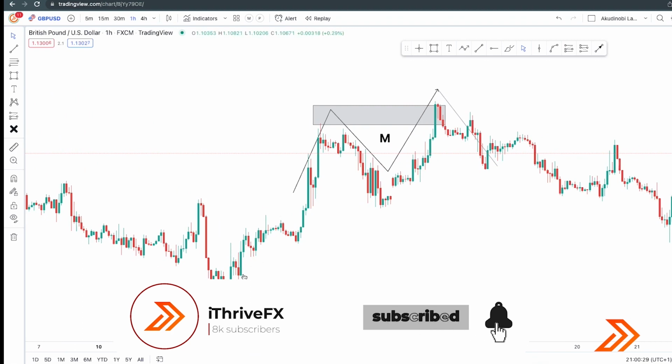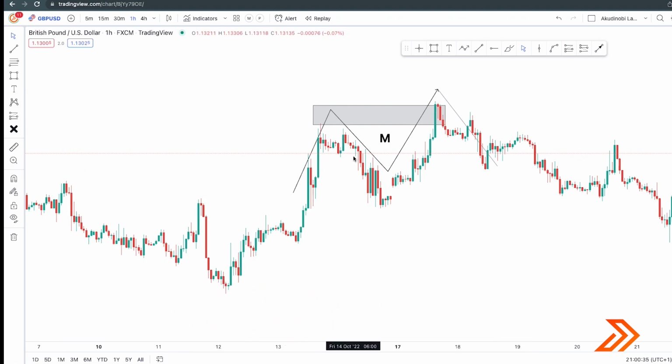This is an uptrend market. The price was pushing up and then a high was formed. And then sellers pushed price back down to this zone. So price was pushed back down to this zone, and afterwards there was a buying pressure here from the zone,